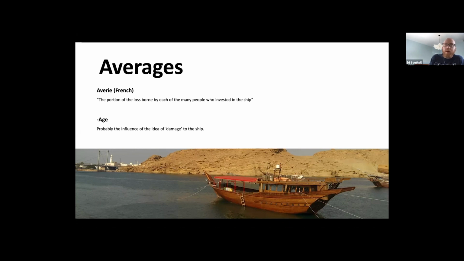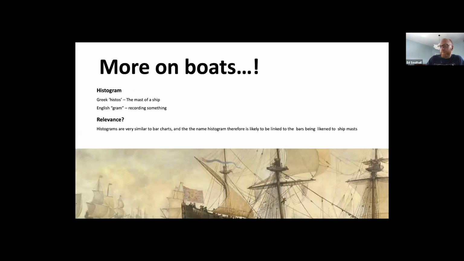There is another word in mathematics that is boat related. And this one will probably come from left field as well. It's quite a strange thing. Histogram. So histogram, again, strange word. You probably recognize gram as, I don't know if you've thought this through particularly, but gram essentially means to take a record of something, and it's obviously used as a suffix in a lot of words in things like medicine.